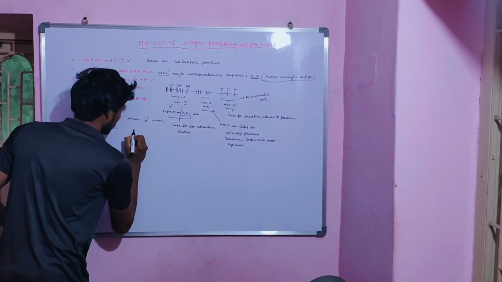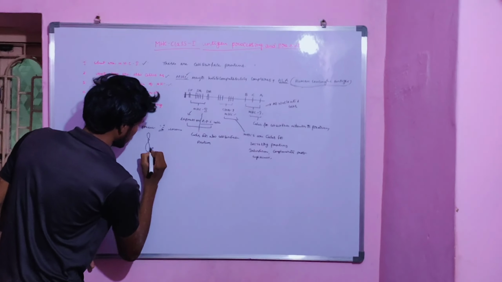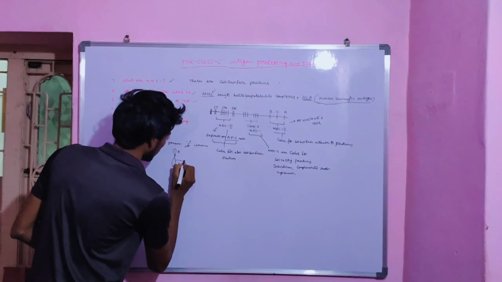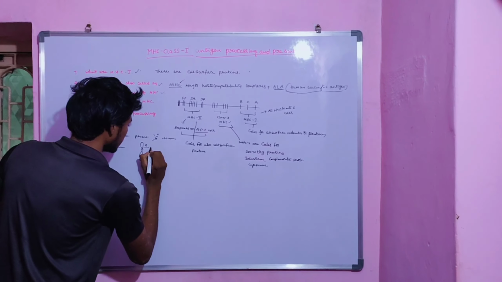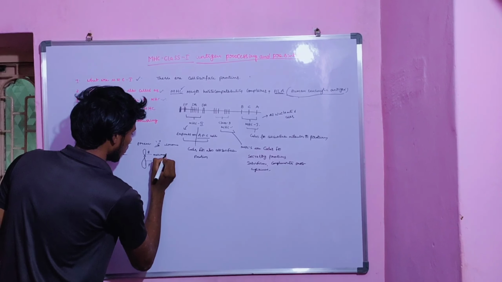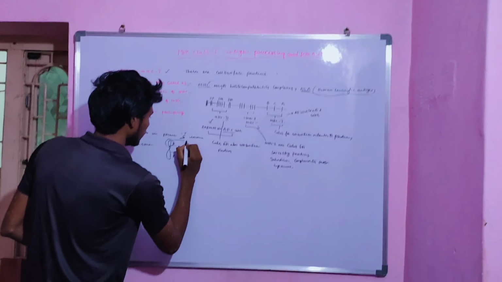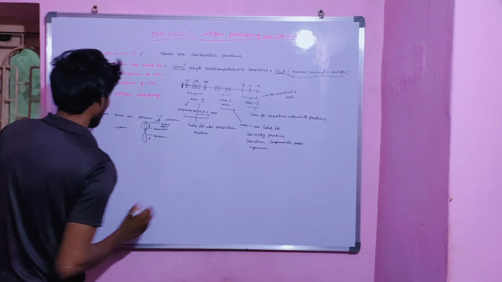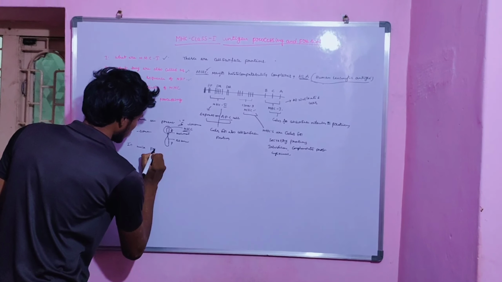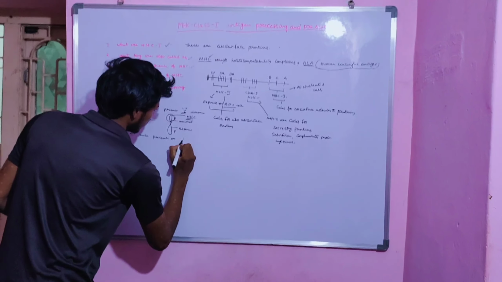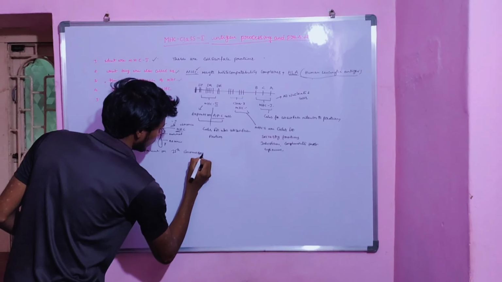Let's assume this is the long arm, this is the P arm, this is the Q arm, this is the paternal, this is the maternal. On the maternal chromosome, the MHC molecules are situated. In mice, they are present on the 17th chromosome. Okay,